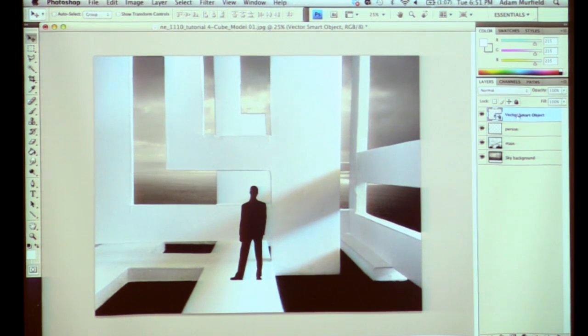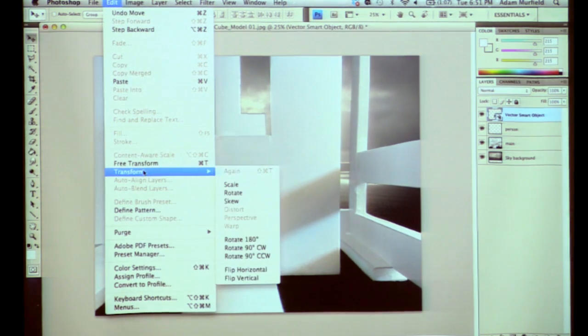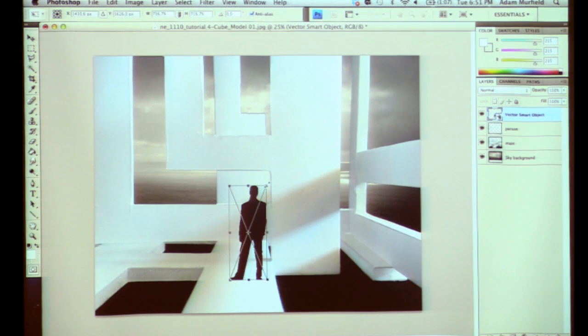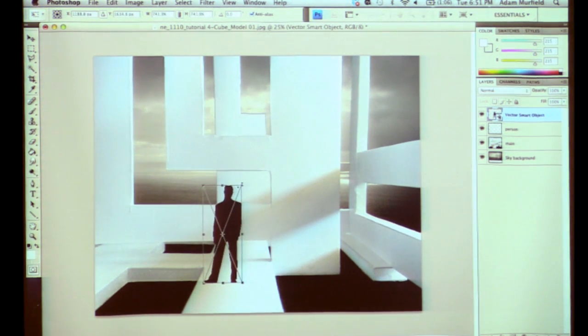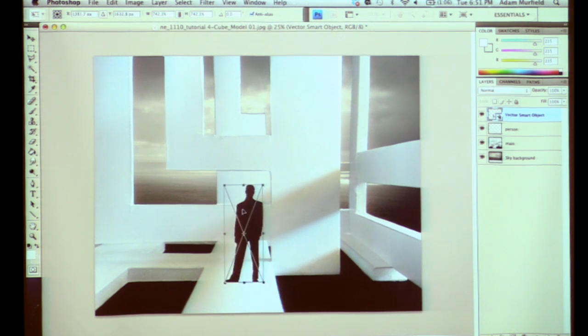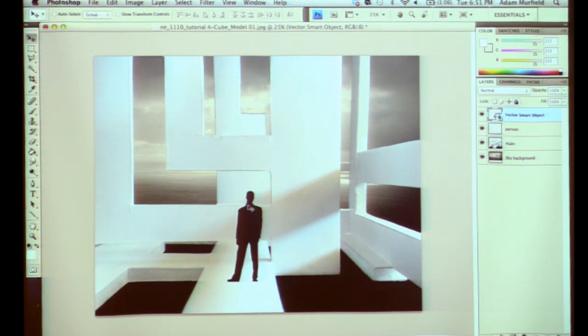So we have this layer, and then we can go to Edit, and there's all these options, but here's the one that I want to show you guys tonight: Transform. So Edit, Transform, and then Scale. It gets me back to where I just was. So Edit, Transform, Scale, and then I can move him to a different size. So this is going to be a little bit bigger building, right? Or pavilion. This would make it a huge pavilion. But that's how we play with scale. That's the power of a model, especially a model that's a little bit more ambiguous as to what the scale is. So I drag him to a certain size, move him into position, hit Enter, and I have